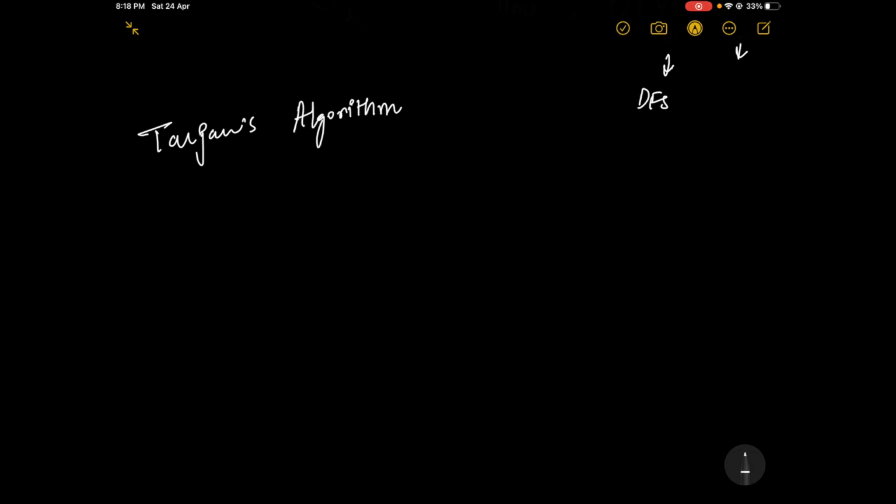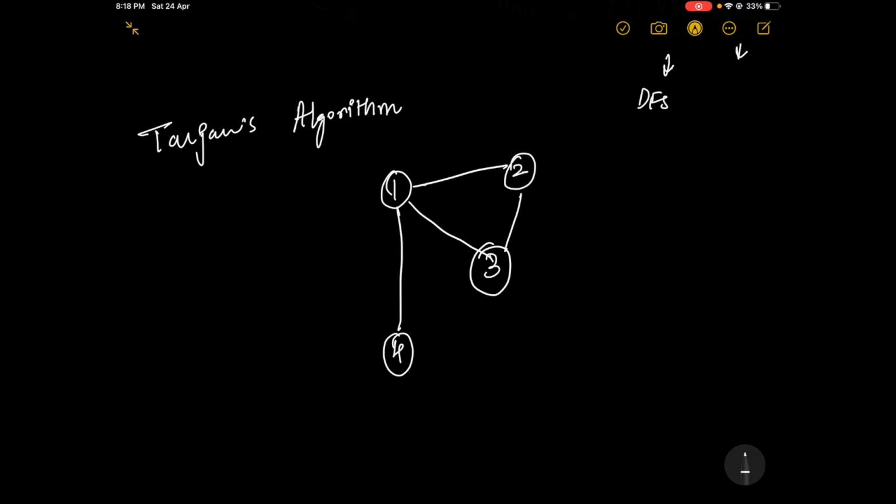So in Tarjan's algorithm, I'll just take the same example: 1, 2, 3, and let's call it 4. Now in Tarjan's algorithm, we have IDs assigned to each node. So for example, 1 would be assigned ID 1, 2 would be assigned 2, 3 would be 3, and 4 would be 4.